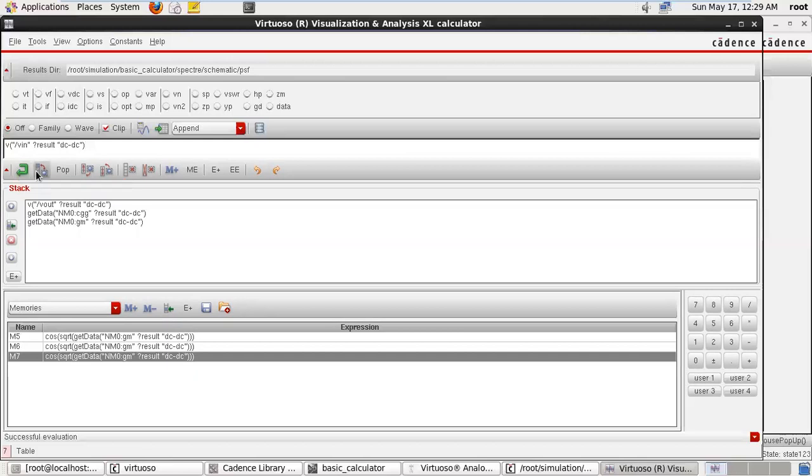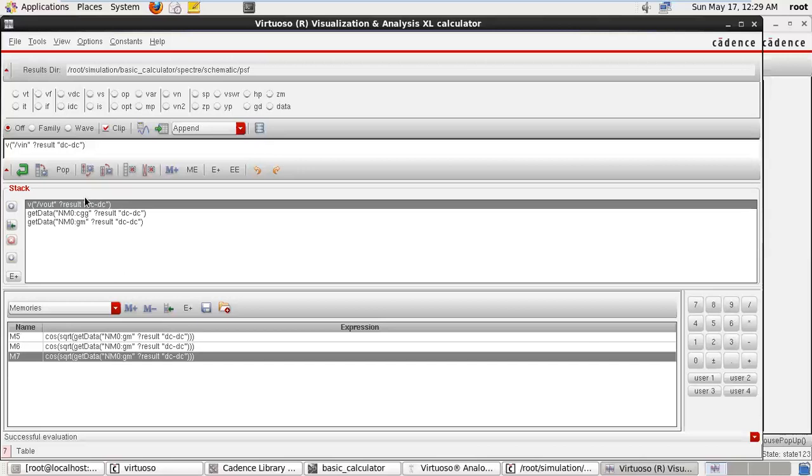Now this is swap buffer and first stack item. What is the function of this? It will swap the expression of the buffer with the first expression in the stack. So if we press this, this b out expression moves into the buffer window, and the buffer window expression moves into the stack.